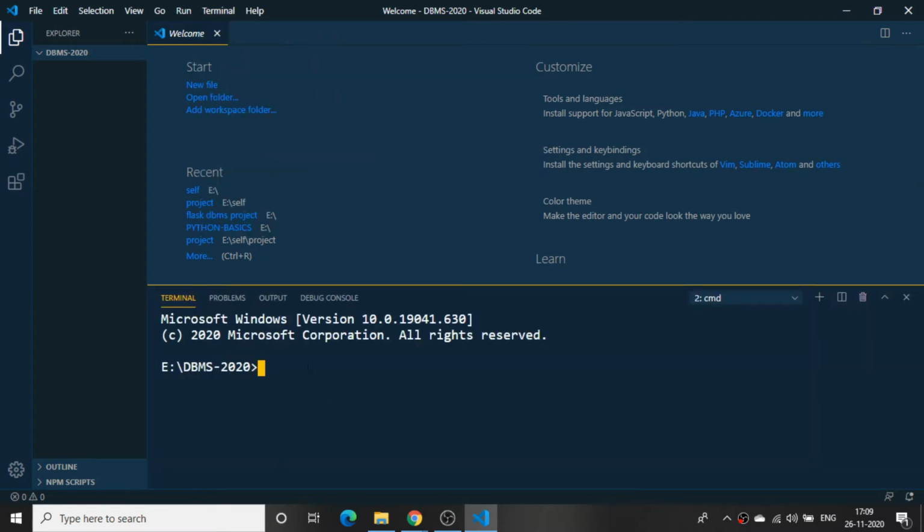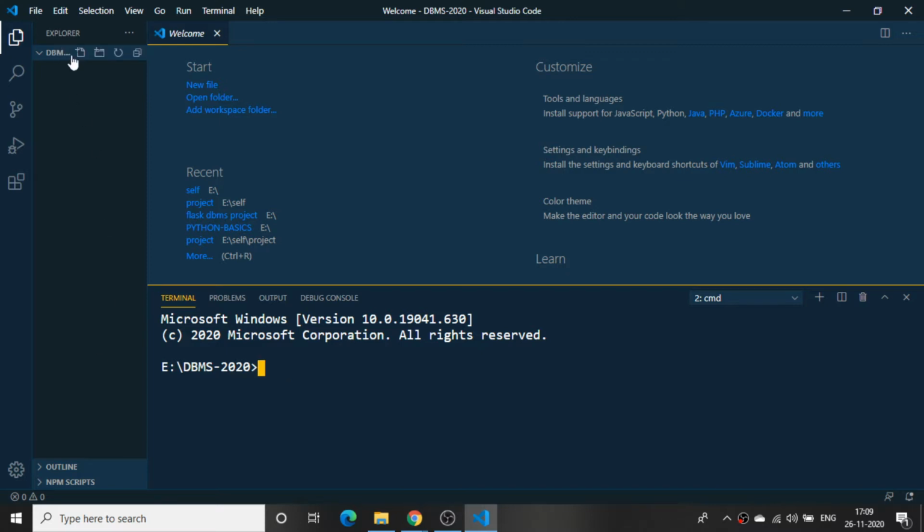You can open the terminal from here itself. Next, now I have installed all the stuff. First, I will create one Python file, or directly one project. I can create a project folder, or you can directly create an app. So directly I can create an app.